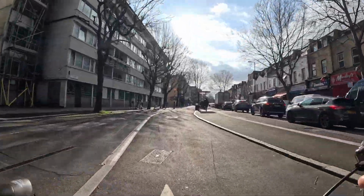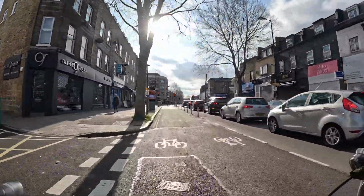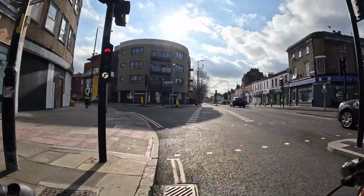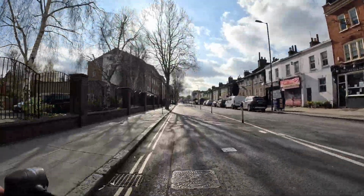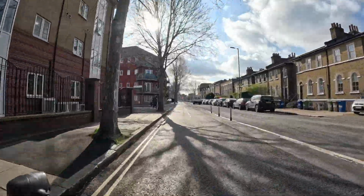The lights when we went past Surrey Quay Station do have a very long wait time and you don't get a huge amount of time to cross. The same also goes for here at the junction with Plough Lane, where you do find yourself waiting for quite a long time. Hopefully the timings can be tweaked a bit, especially as it becomes apparent that the section is